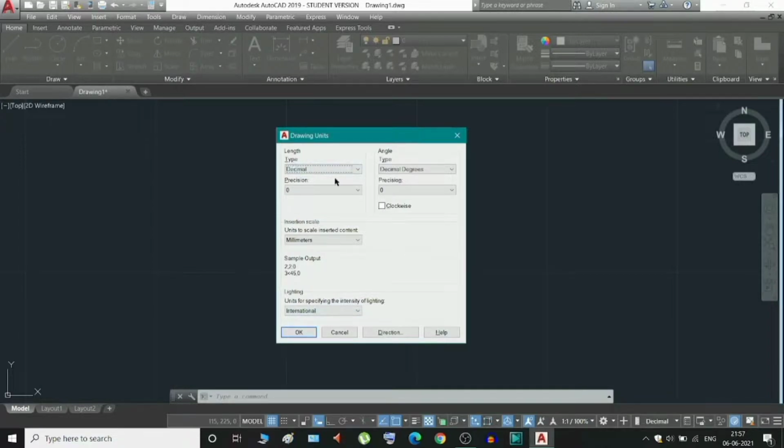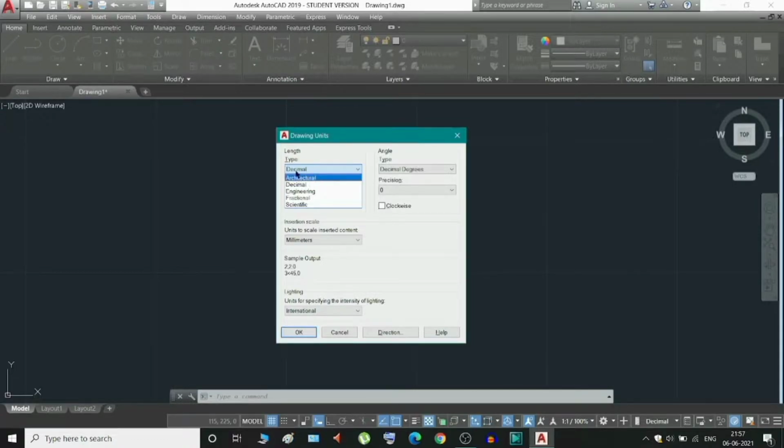So in type there are 5 things: architectural, decimal, engineering, fractional and scientific. We generally don't use fractional and scientific. We generally use the 3 types: architectural, decimal and engineering. For metric unit we will use the decimal, and for architectural and engineering unit we will use the feet and inches, which is empirical unit.